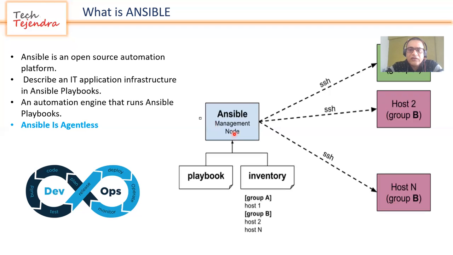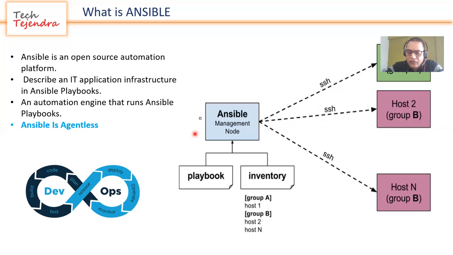So how will it work? It will basically create an SSH connection with the different hosts in the inventory files, and then whatever rules are specified in the playbooks, like installing the firewall, installing the web server, installing the database server, configuring those database servers and web servers, and many other things. All these commands will be executed through SSH. So that is how it works.